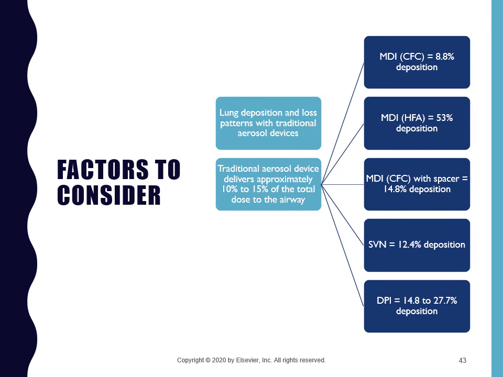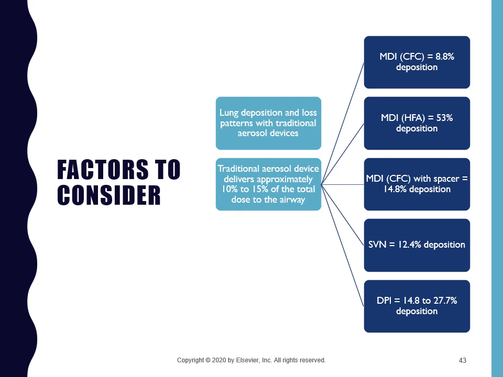More factors to consider are, where is the lung deposition and loss with traditional devices? So for a metered dose inhaler, a traditional metered dose inhaler with CFC, there's about 8.8% deposition. With a metered dose inhaler HFA, there's 53% deposition, and that can go up with a spacer. A CFC device with a spacer doubles the deposition